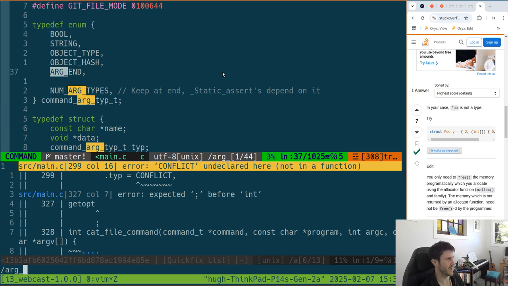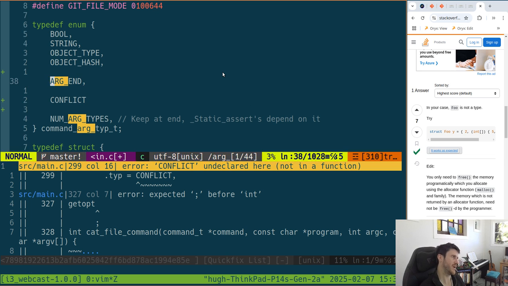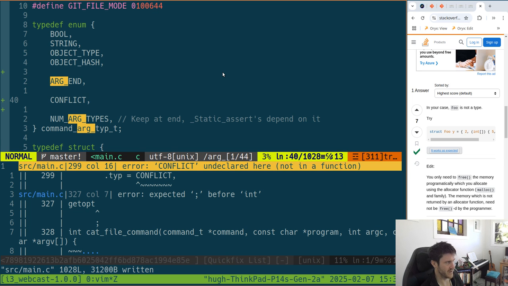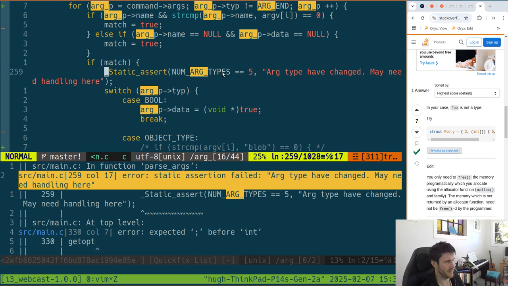That was like arg type, so maybe I'll make it after the arg and we can test whether it's before or after, depending on that, perhaps if need be. So we can just add that conflict and some static asserts will kind of break now,